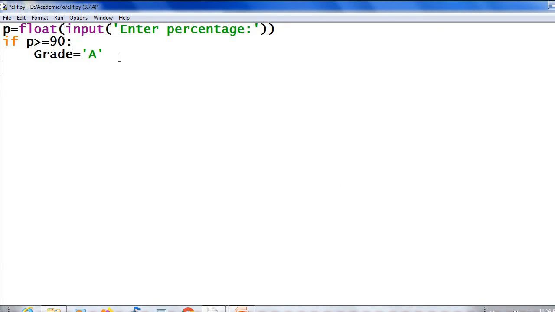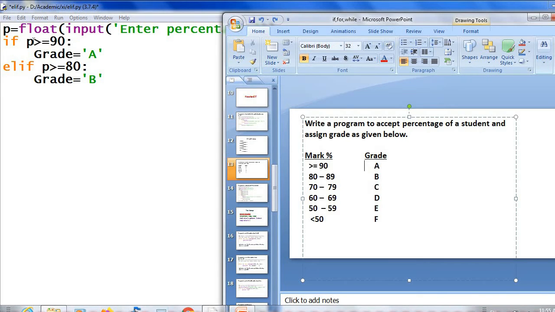So in the elif part, you have to check whether P is greater than or equal to 80. If it is greater than or equal to 80, grade equal to B. Once again, if P is greater than or equal to 90, grade equal to A.